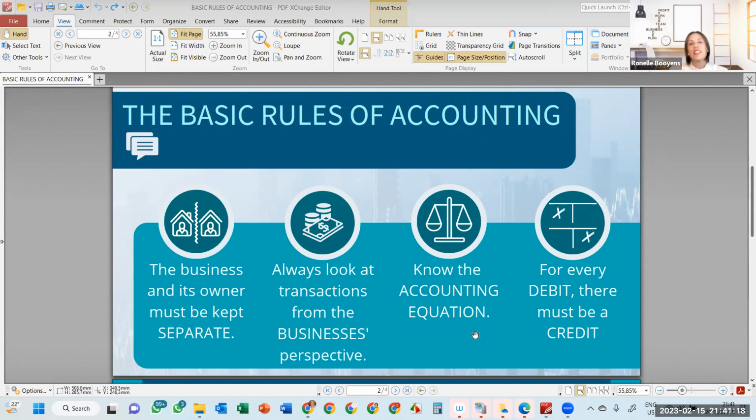So the accounting equation is one of those basic things that you need to understand and know. And then a rule that you've probably heard before, if you're in grade 8, maybe not yet, but we are going to work with this continuously. In accounting, we say for every debit, there must be a credit, and that just means we're talking about left hand and right hand, and what you do on the one side you need to do on the other side. This will be explained much more in detail as we go along.